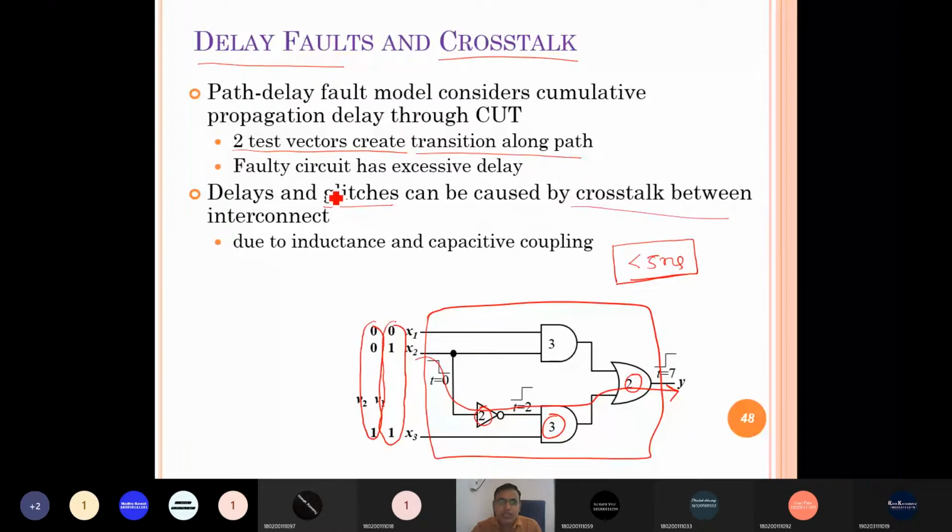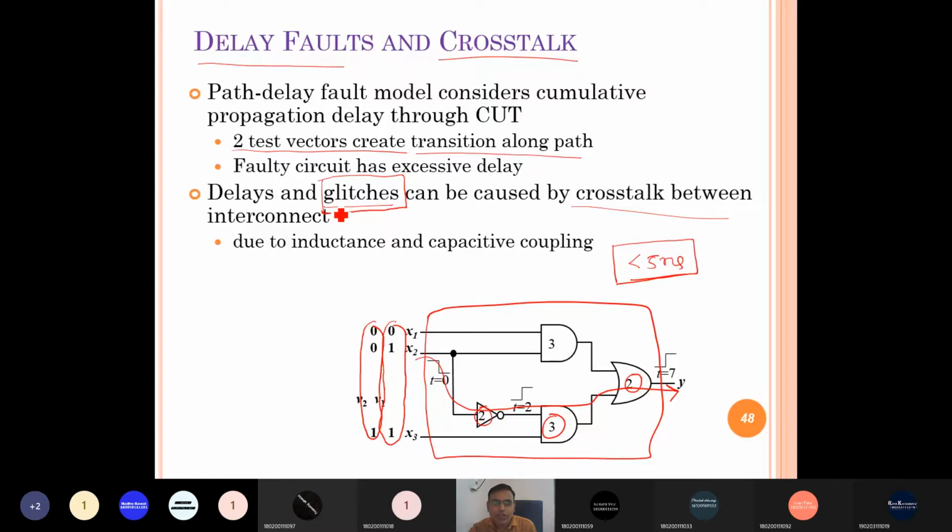Any unnecessary transition from logic 0 to logic 1 or 1 to 0 due to the delay is called a glitch. And we know that in a CMOS based design, power dissipation is due to only the dynamic power dissipation.